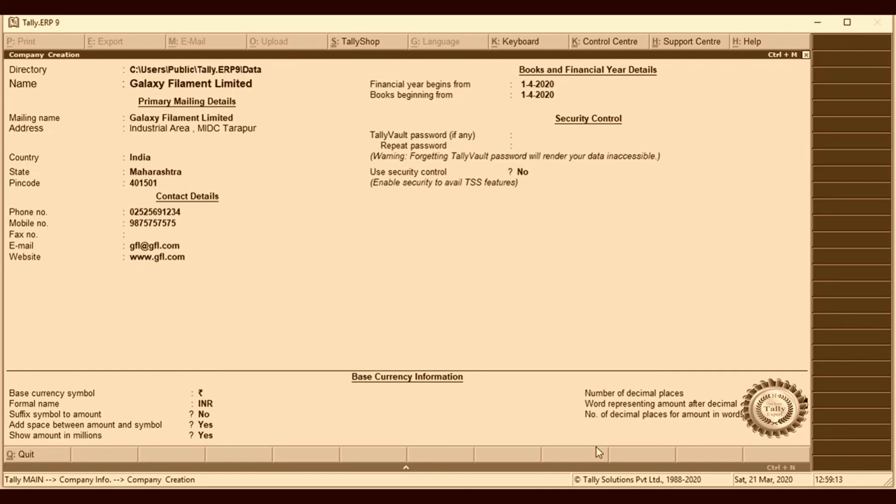Word representing amount after decimal. This data field is used in printing. In Indian currency decimal portion is said to be paisa. Set this field as per your formal name of decimal value in your currency. For USD it is cents. 100 cents make $1. Number of decimal places for amount in words. If we set this data field to 1 decimal places in Indian currency, to save the details entered in company creation screen,